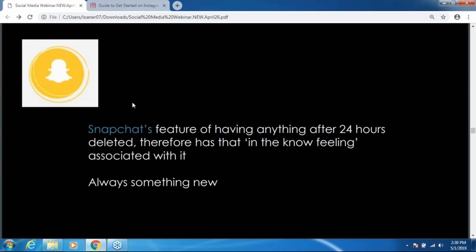And Snapchat, the unique feature about them is that they have that little bit of video that lasts only for 24 hours. So it has that in-the-know feeling. It feels a little bit prestigious that you know what's going on and you caught that little snap, you caught that little piece of information, and then it's gone. And so it's important when we're using this to always think of something new and fresh,